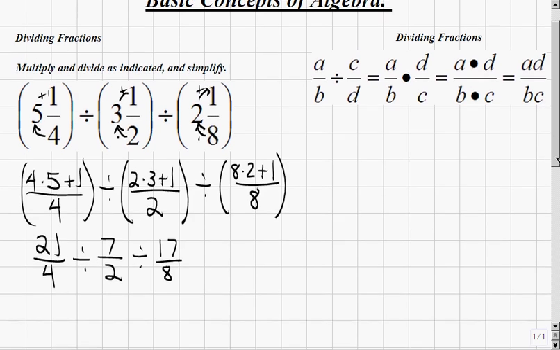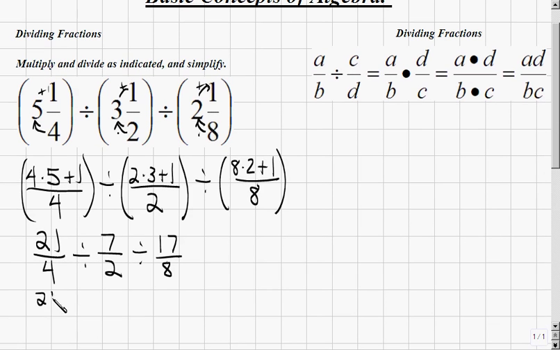So, writing this a little lower, this becomes 21 over 4 multiplied by the reciprocal of 7 over 2, which becomes 2 over 7. And we'll take this result and finally divide that by 17/8. Now we see that with 21 over 4 times 2 over 7, we can first reduce these set of fractions,